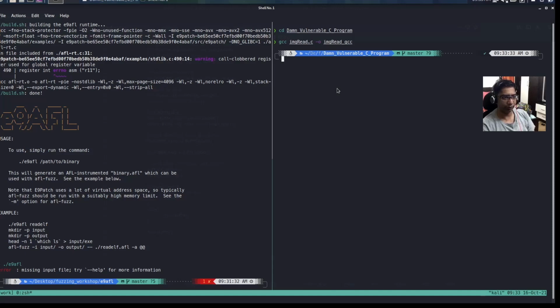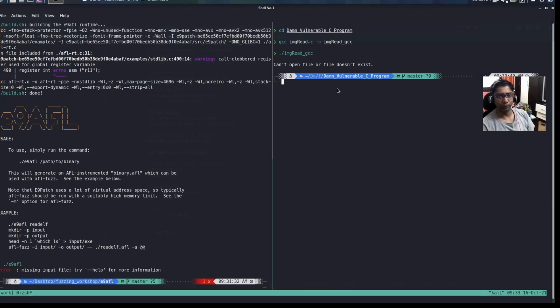So it has created one executable file, that is imgread_gcc. Now what we need to do is use this executable file. So I'm going to copy this to the E9 folder so that we can actually use it over here. So let me just copy this.